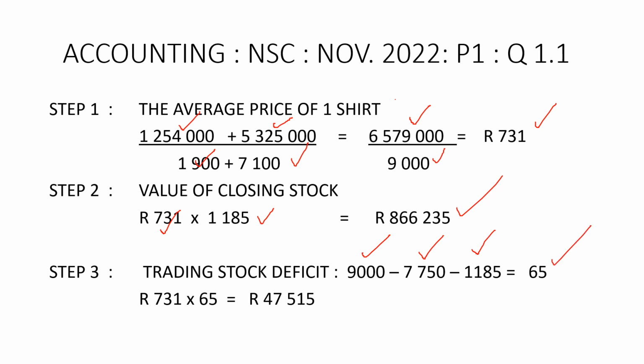And therefore, the rand value of the cost of stock that is damaged will be 731 rand, which is the average price, multiplied by the number of units that are damaged, and therefore the value of stock that is damaged is